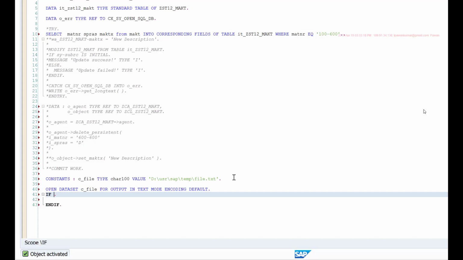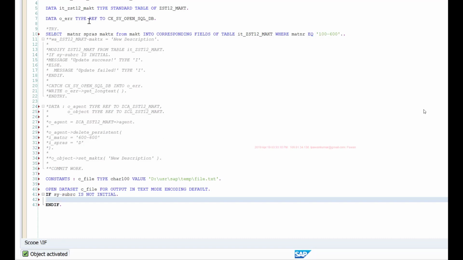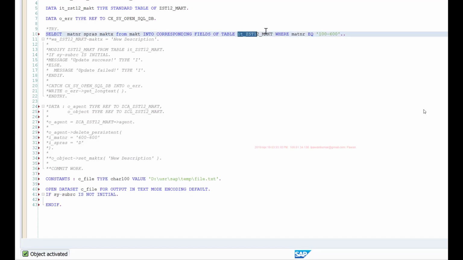So I'll check for sy-subrc. If sy-subrc is not initial, so basically what I'll do is I'll get the data into my internal table. So I'll loop this internal table and transfer one record at a time.